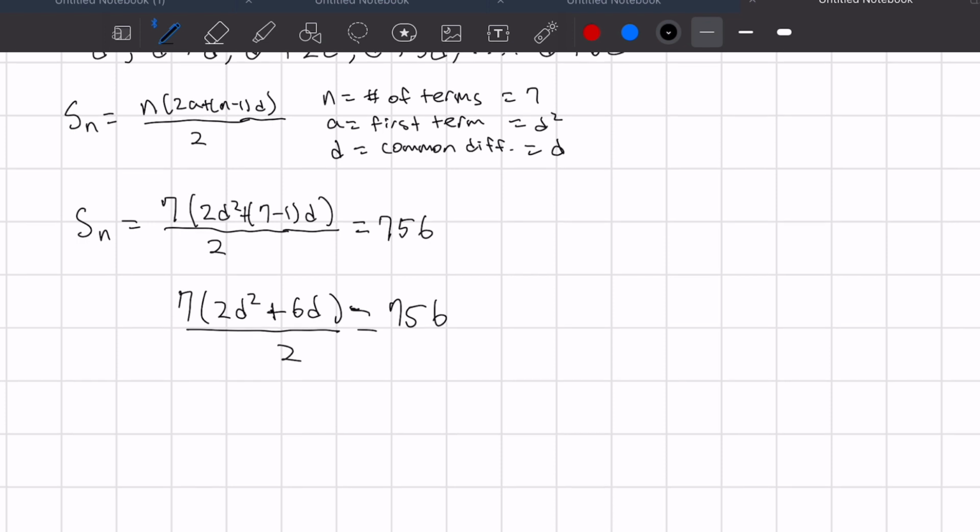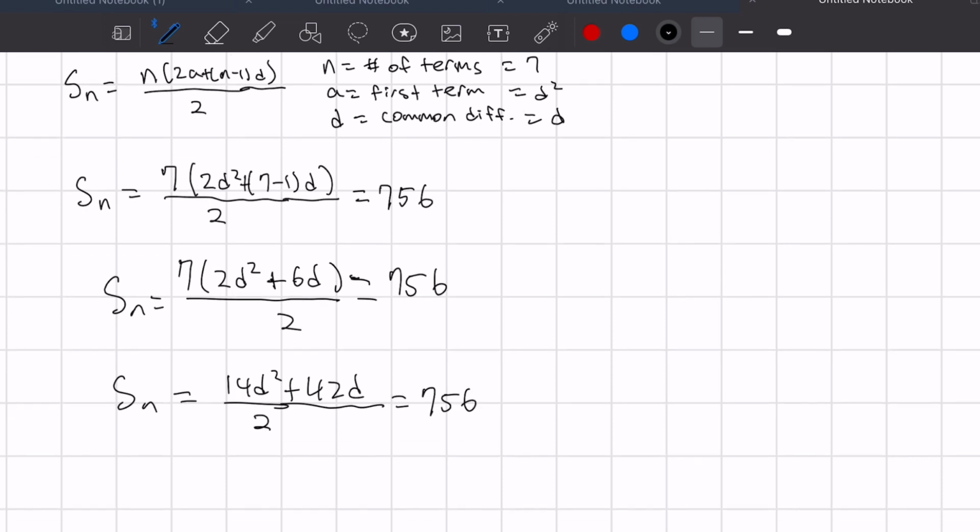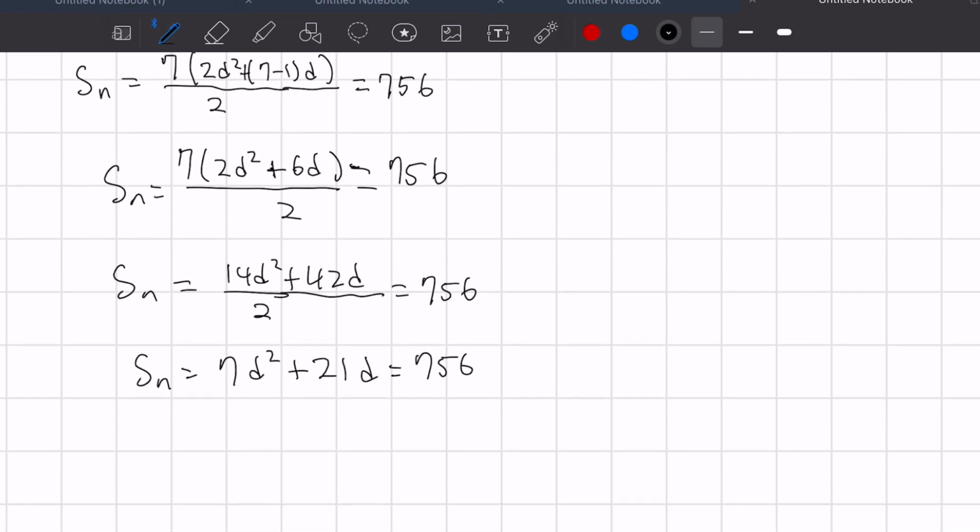And to simplify even more, 14d squared plus 42d over 2 equals 756. 7d squared plus 21d equals 756. And since this is a pretty big number, I looked at it and realized that all the coefficients could be divided by 7. So I divide both sides by 7,